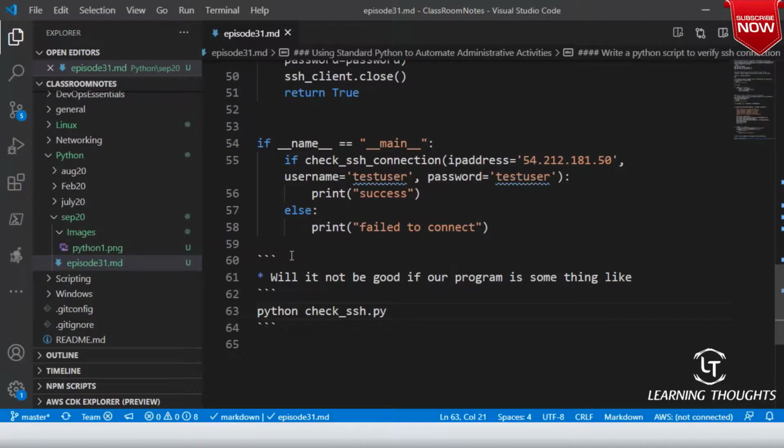And then I'll give hyphen username test user, and then hyphen password test user. Is it not a better version, sir? Do you agree with me on that?